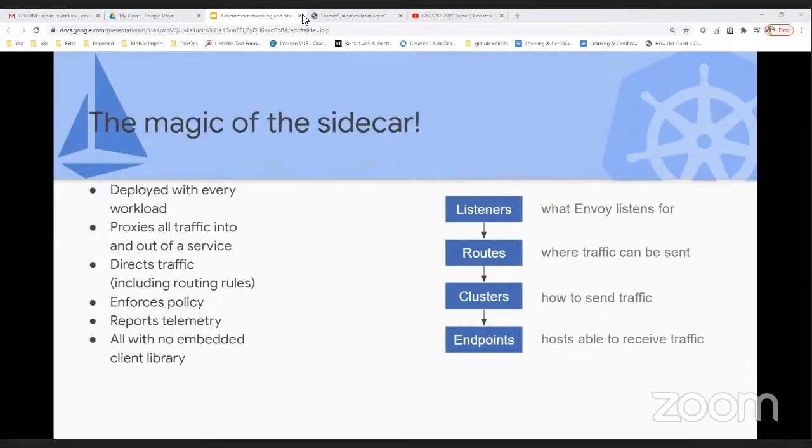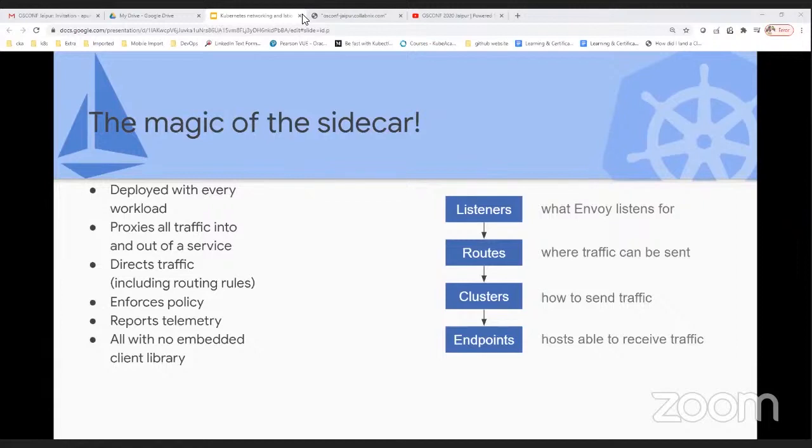If I want to talk about the sidecar, it gets deployed with your application, so you don't need to worry about the application. If I want to enable the sidecar or the Envoy proxy deployed with your application, you just have to enable Istio for your namespace. So when you deploy any application into Kubernetes, it is not only the application. With your application pod, one more container will spin up in your pod.